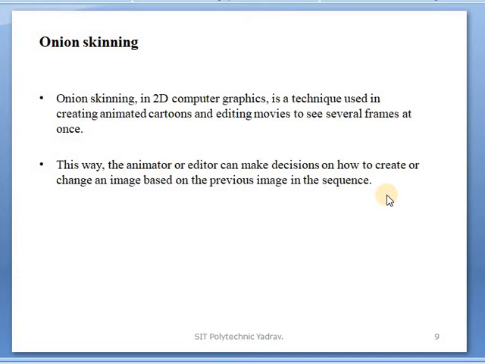Means using this you can edit cartoon objects or any movies through onion skinning. This way we obtain the output of several frames created at a time.